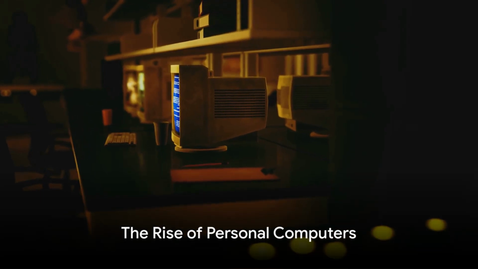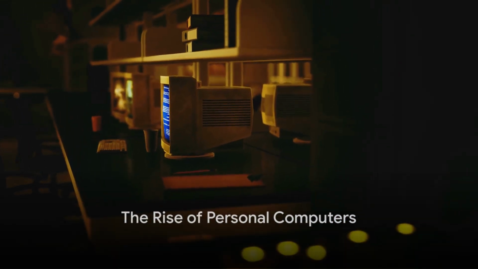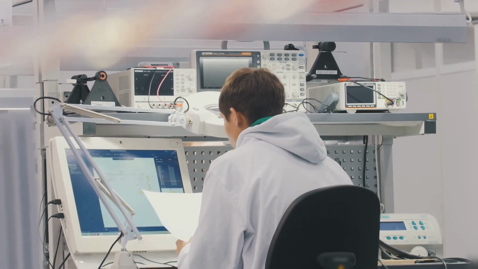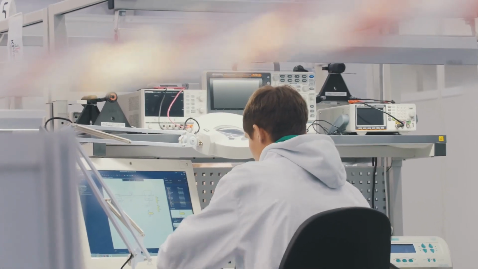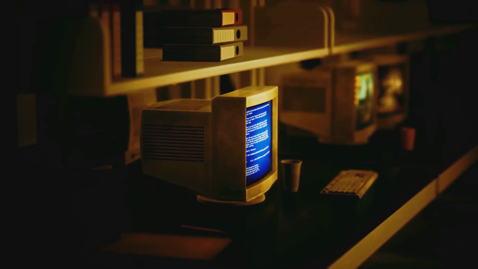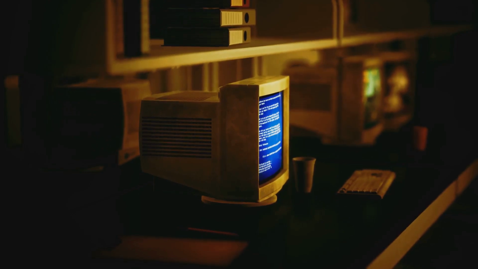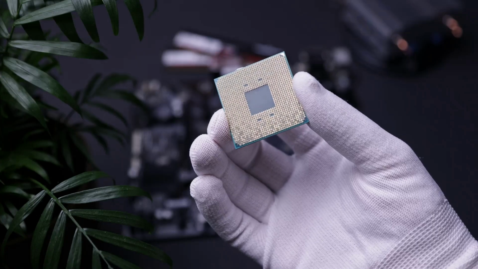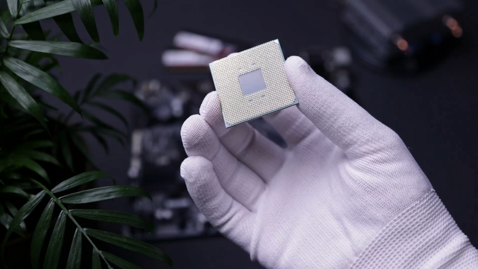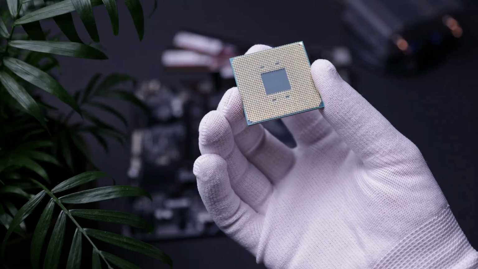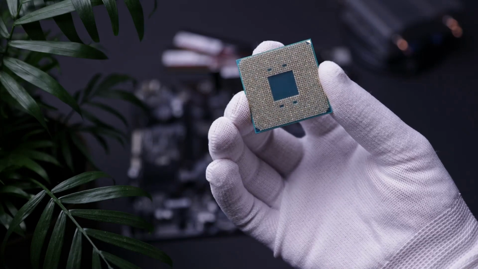The 1970s heralded an era where computers began to find a place not just in research labs, but also in homes and offices. It was a time when technology took a quantum leap, courtesy of the introduction of microprocessors. Microprocessors, or chips as they are often called, are essentially miniaturized versions of entire computers. Imagine having the power of a room-sized computer of the 1960s in the palm of your hand. That's what a microprocessor offered.